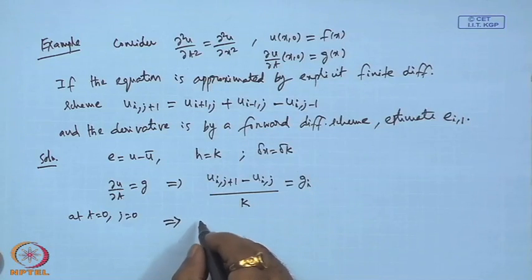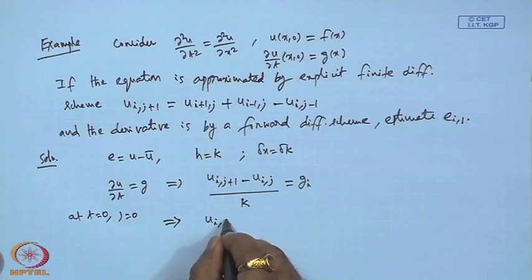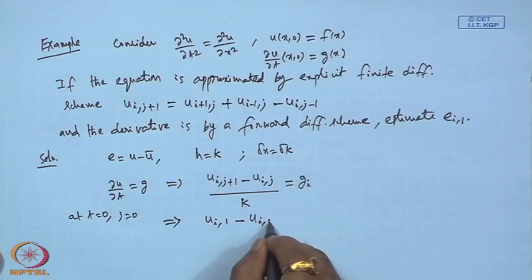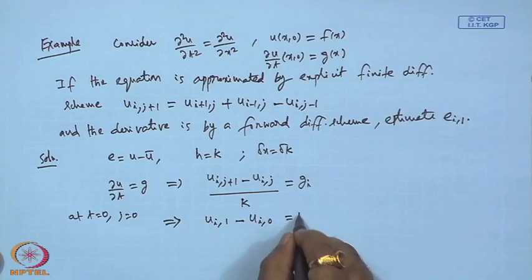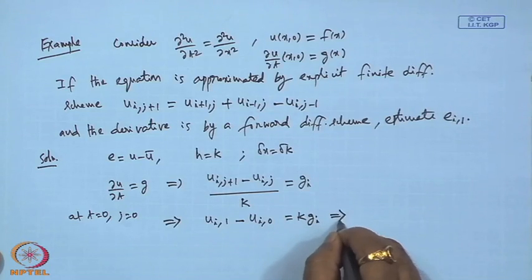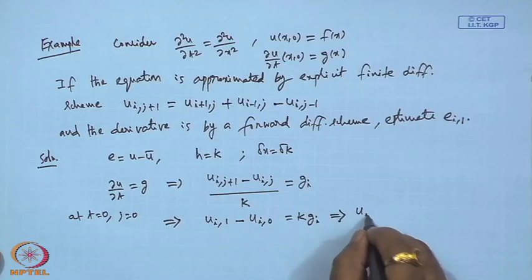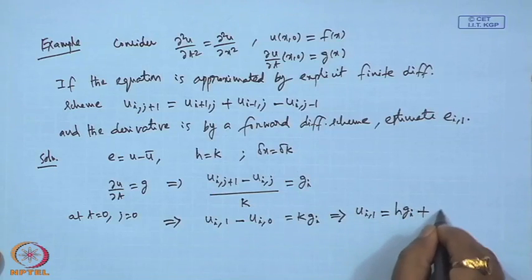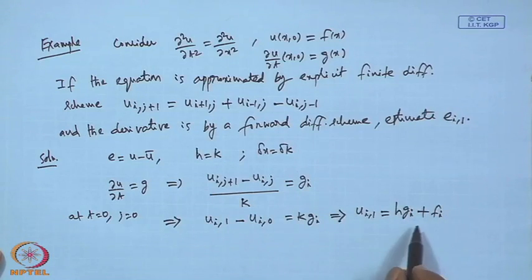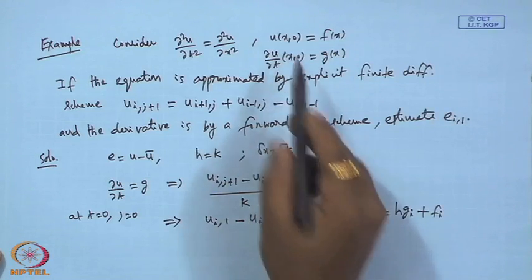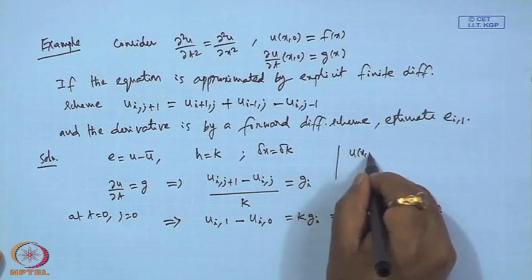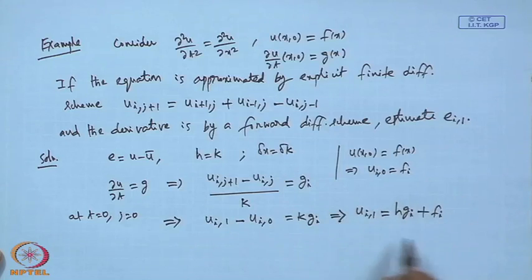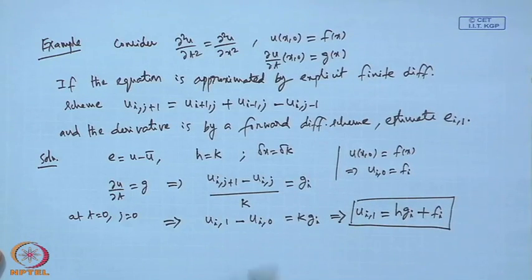So, this implies u I 1 minus u I 0 equals k g I. So, this implies u I 1 equals, so k equal to h, I am using h notation, plus f I, okay, because u I 0 is f I, so I have used that. Okay. Then